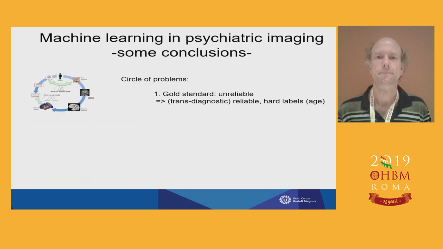So to conclude, I showed you a few examples of the application of machine learning techniques in psychiatric imaging. And there are at least 2 problems. I treated 2 problems today. One big problem is the gold standard, that we have to rely on labels provided to us by the experts, the psychiatrists, which carry quite a few issues with them. Solutions to deal with this can be found by using hard labels, rather than diagnostic labels, such as age. And